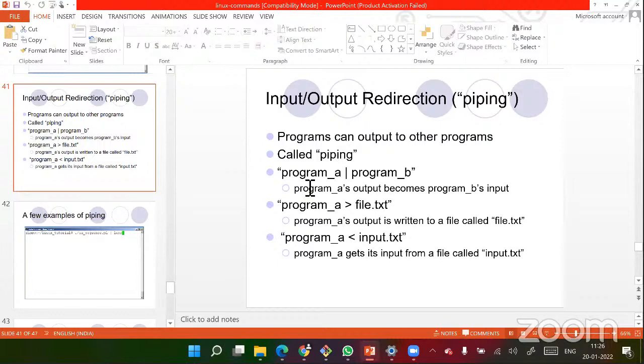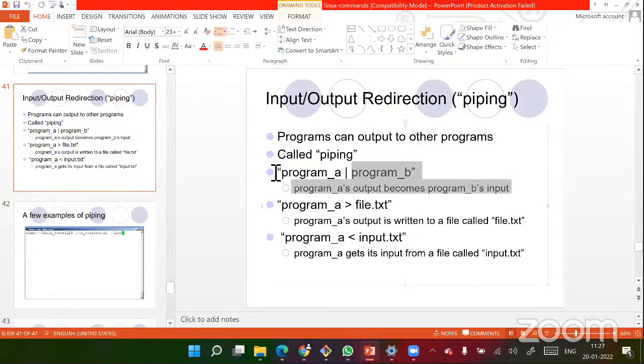So whenever we want to combine two programs, program_A pipe program_B, program A's output becomes program B's input. So this is one more way: program_A pipe program_B. Program A's output becomes program B's input. So this will be another scenario, but our consideration is whenever we want to combine two particular commands,